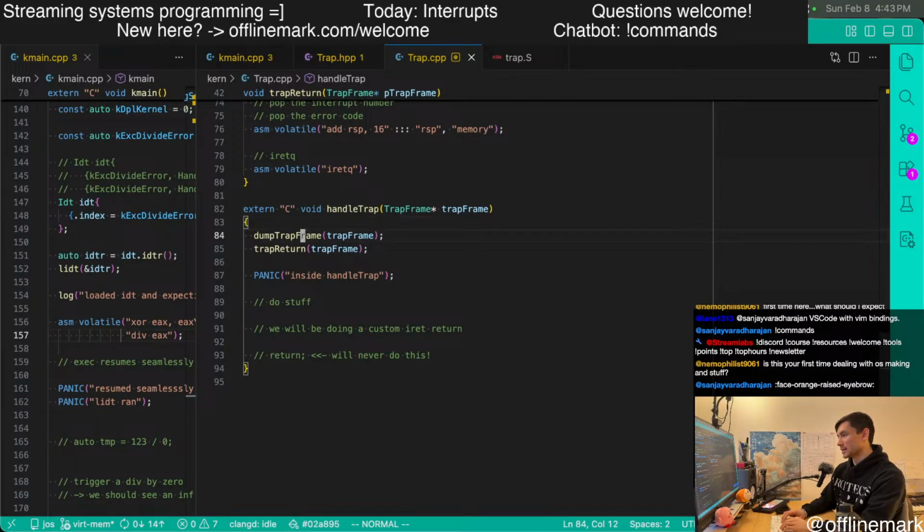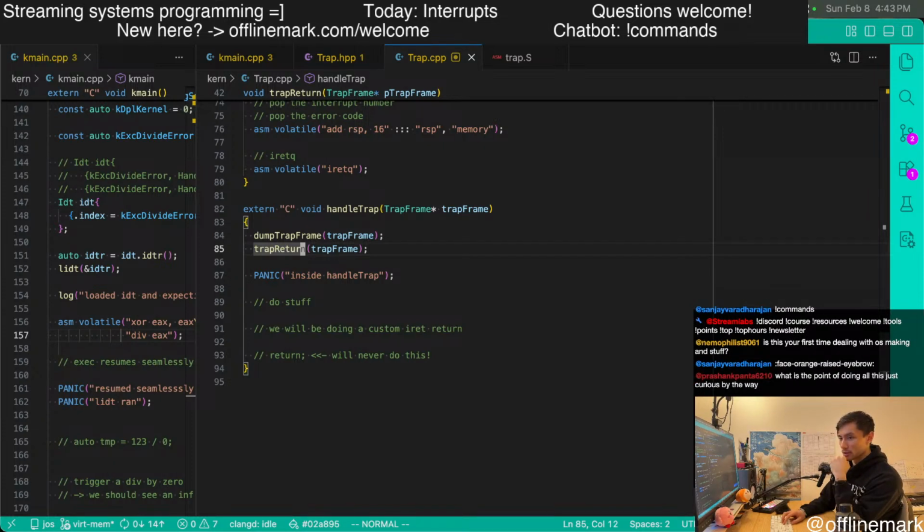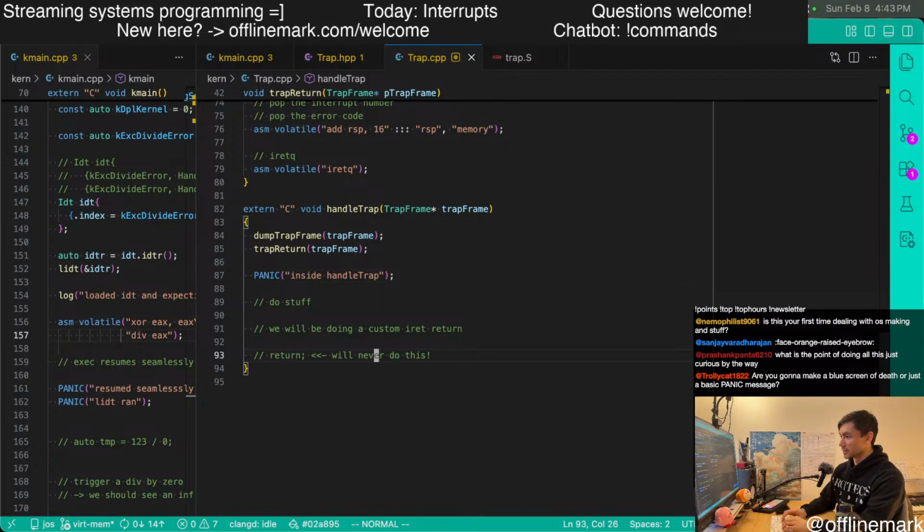It should never ever return via the normal C++ return keyword. It needs to return via the special trap return. So I'm going to change this panic. And this panic is going to be a long-term panic that is going to live in the kernel forever. And it's just going to live at the end of this function to catch